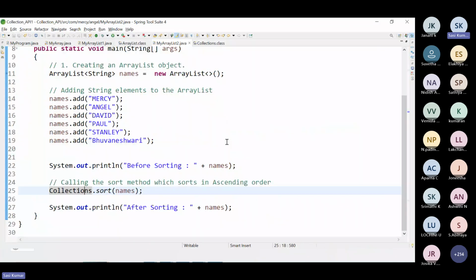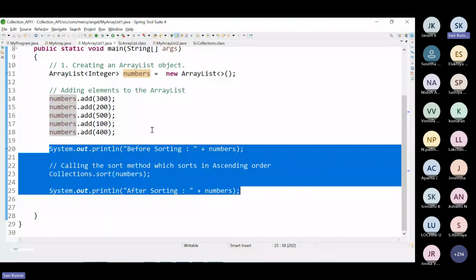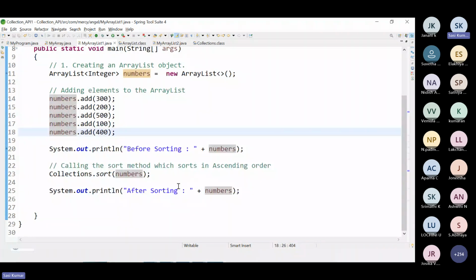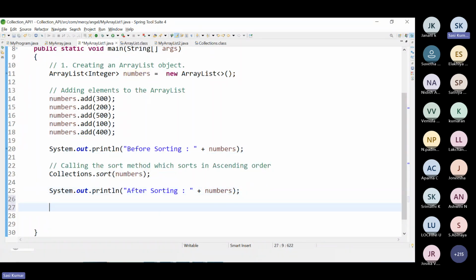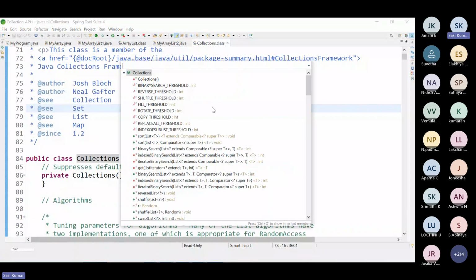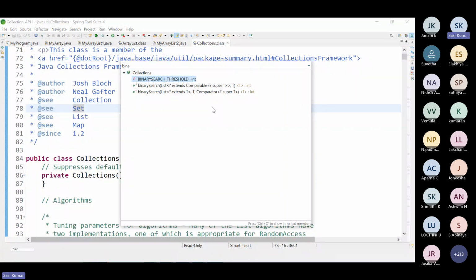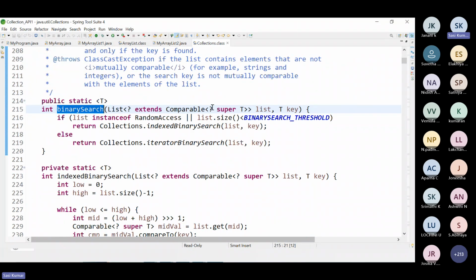Okay, let's go with the same program. I don't want to create a newer one. Already, if you observe, we called Collections.sort, so the array list is sorted. Now we are going to find whether a particular element is present or not. Again, if you go to the Collections class, there is a method called binarySearch.